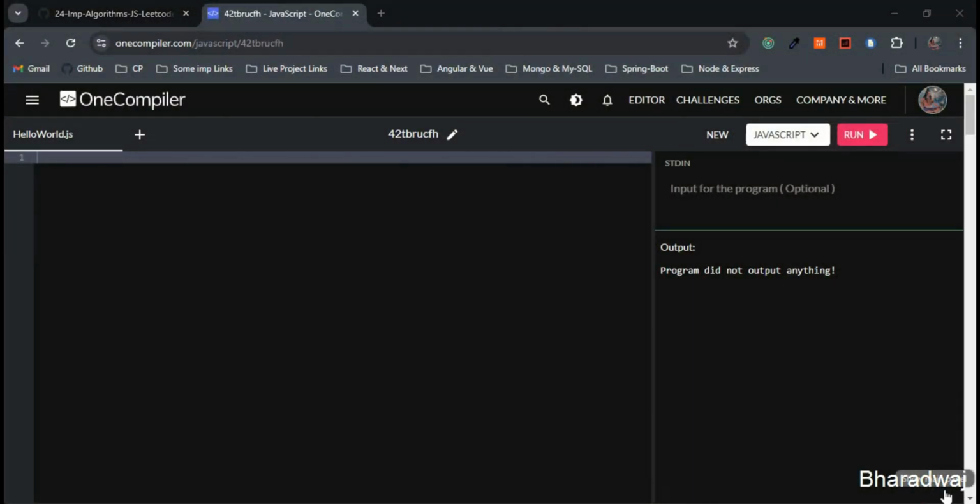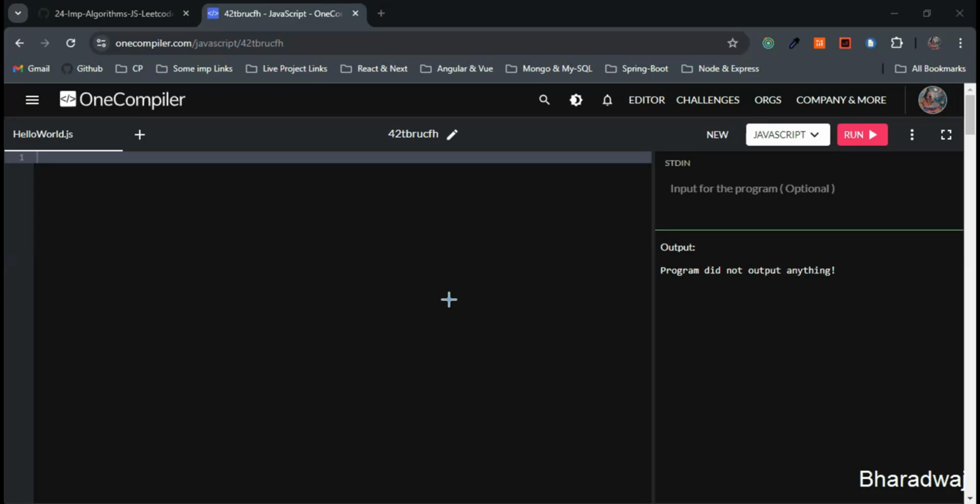So, hello everyone. Today, let's discuss the longest common subsequence algorithm. So here, the LCS algorithm, or the longest common subsequence algorithm, finds the length of the longest subsequence that is common to two sequences. A subsequence is defined as a sequence that appears in the same order in both strings,